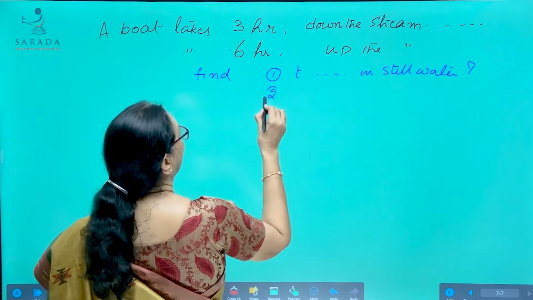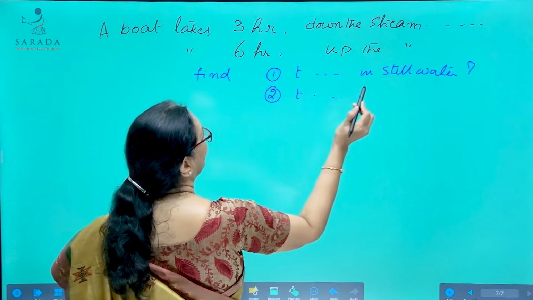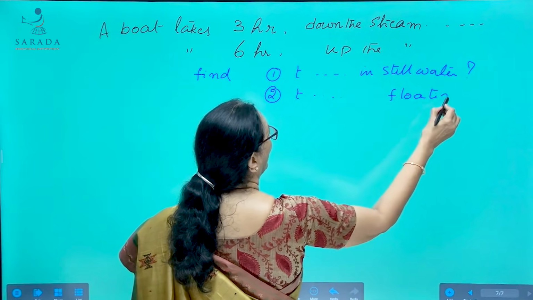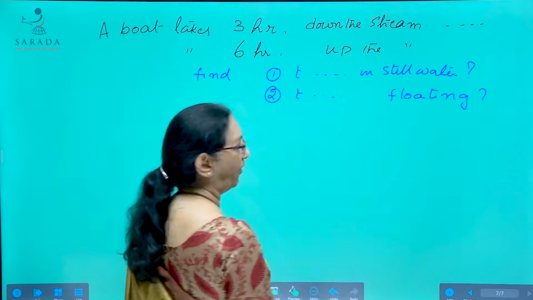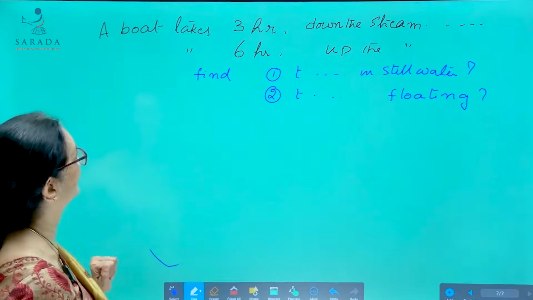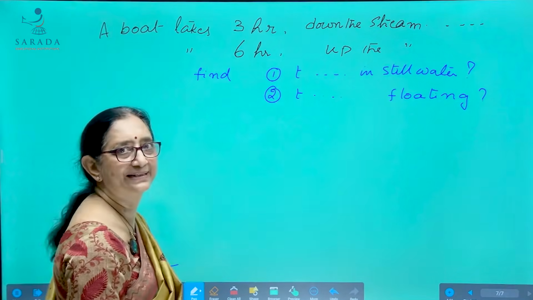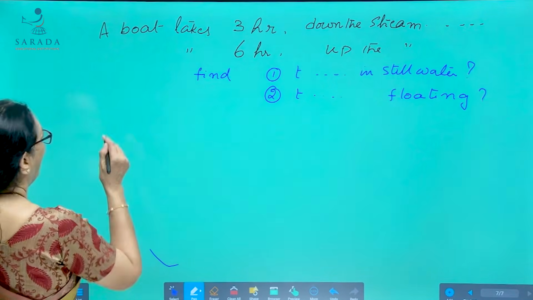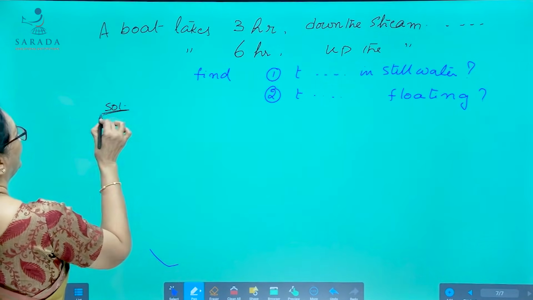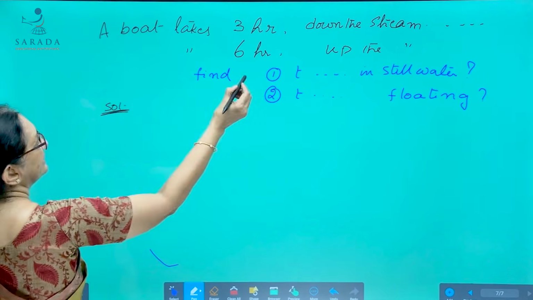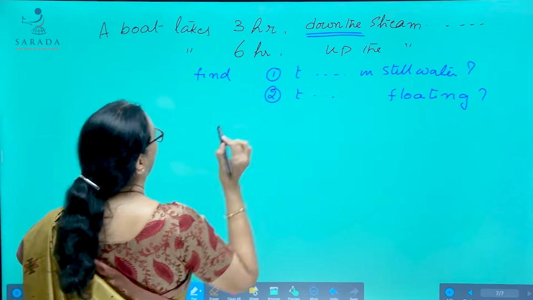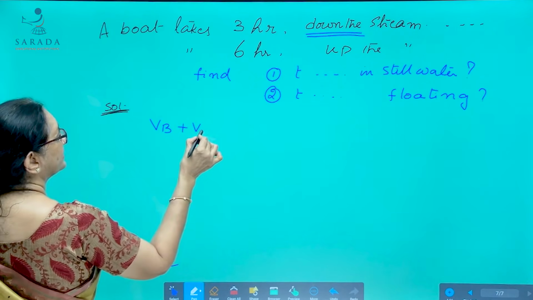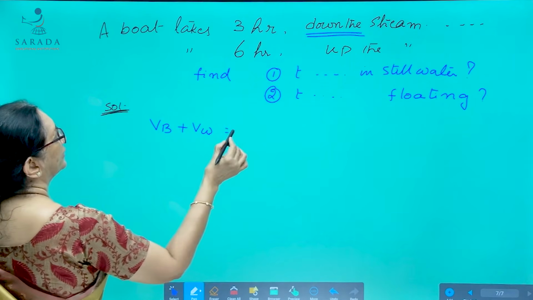2. Find the time taken to cover the same distance when it is floating or when its engine is off. That is the question. A boat takes 3 hours to cover a distance down the stream. So, I am telling you the solution now. Look here. When moving down the stream, the resultant velocity is VB plus VW, which is equal to S